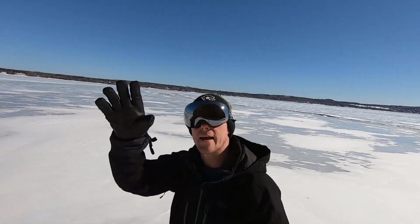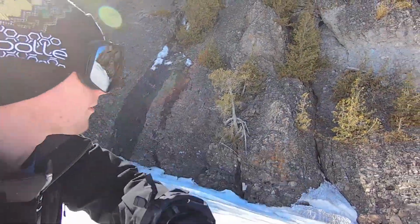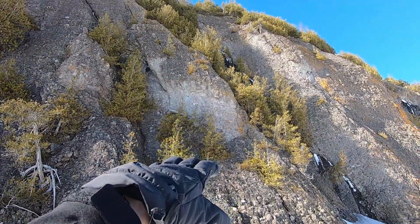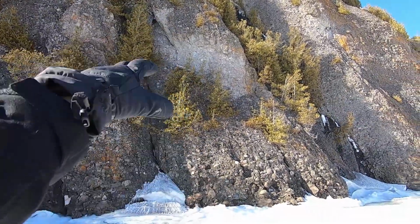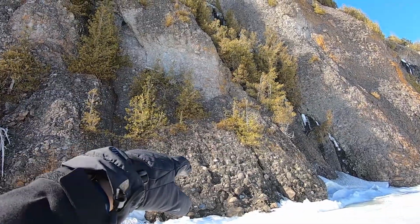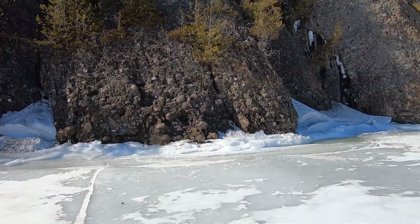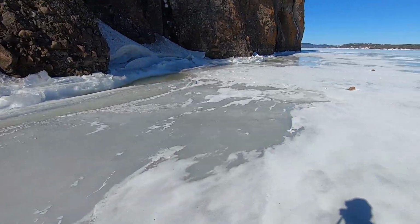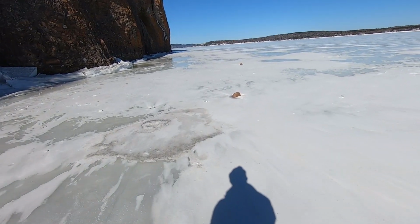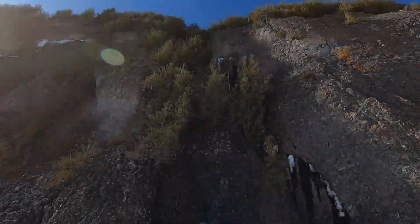So as you see, like, the conglomerates there, you can see where it's kind of weathered, and then that's new. So parts have fallen off over time. Probably not in the lifetime of those trees, but it's fallen down, and it would end up making a little bit of a tsunami, I would say. Over here, exactly what I'm talking about. So this isn't from someone throwing this rock. This rock came off this face,